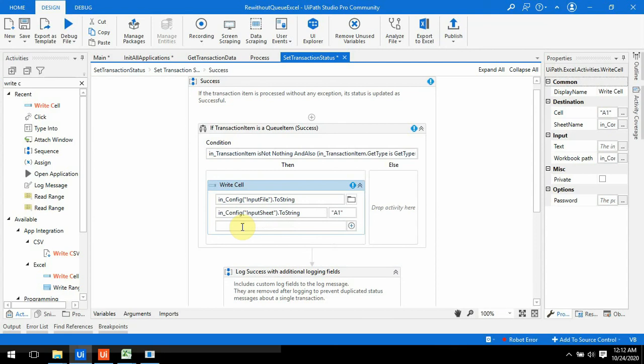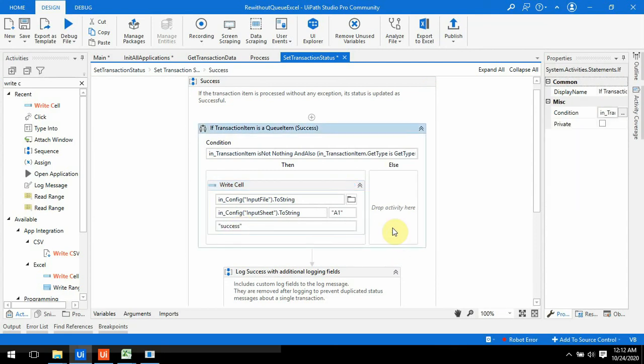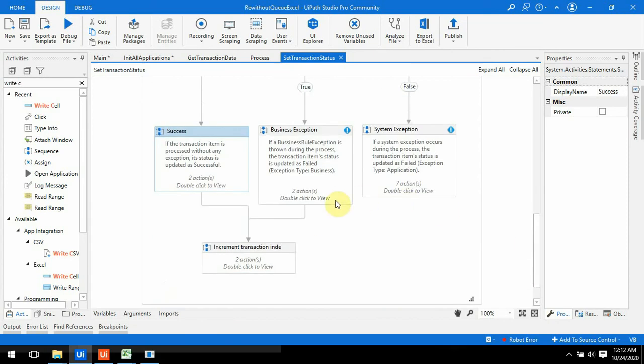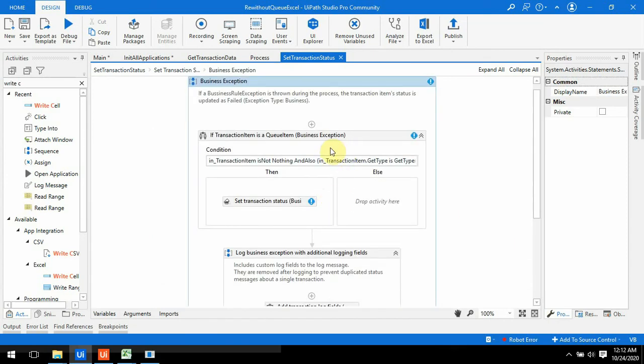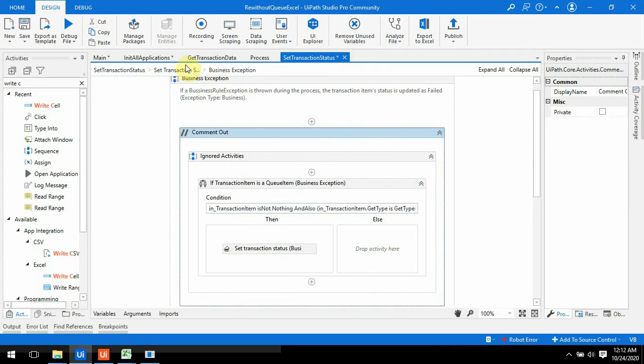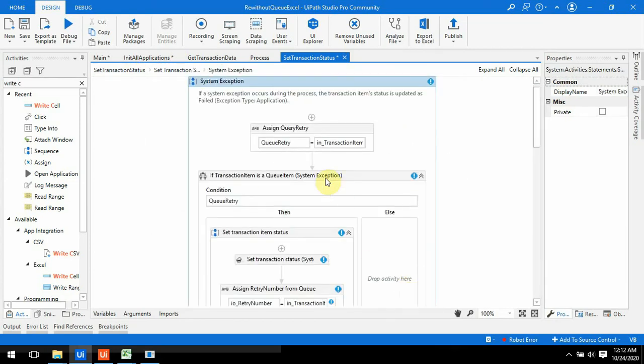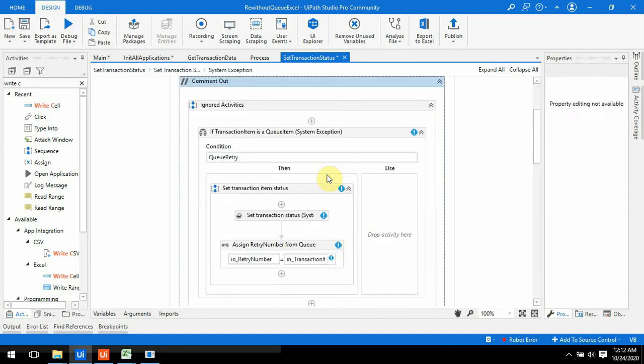And for what value you want to write, you just write, suppose, success. That's it. So we have done the success part. Firstly we'll complete the success part, and then we'll think about the business exception. Just comment here so there will not be any error. You should move step by step so that you can find where we are getting stuck. So in set transaction status,